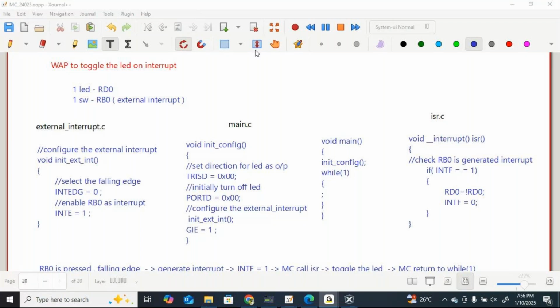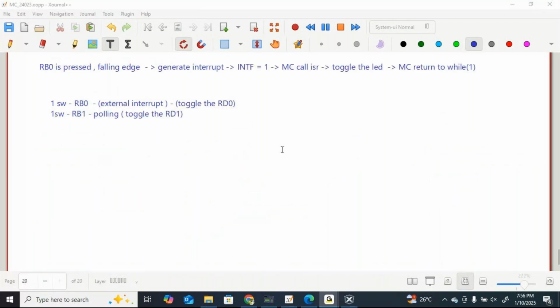So now we'll move to one more coding. Now we know that polling has three disadvantages: missing of events, bad response time. With the help of the interrupt, we overcome that. And there is one more disadvantage, which is bad power management. Whenever we use polling, we cannot put the microcontroller in sleep mode. Now, with the help of an interrupt, I am going to put the microcontroller